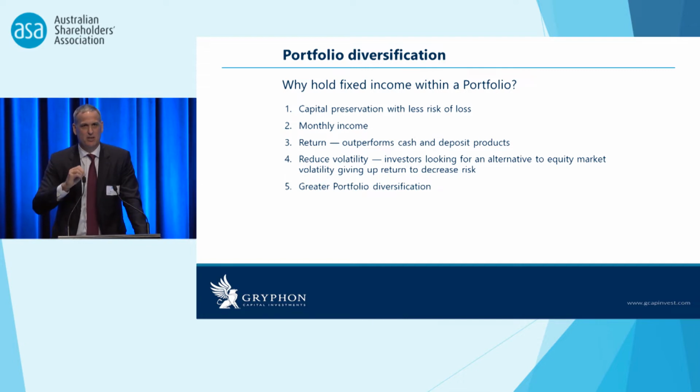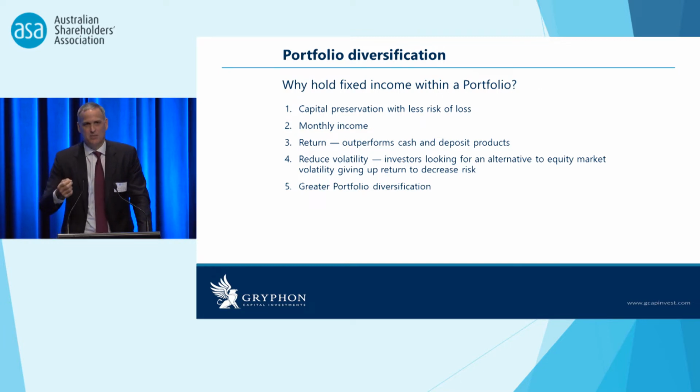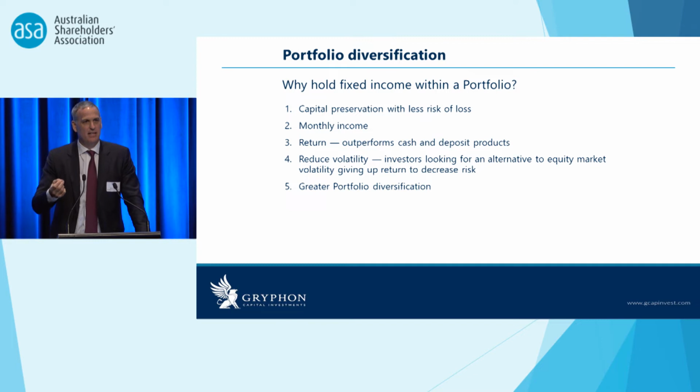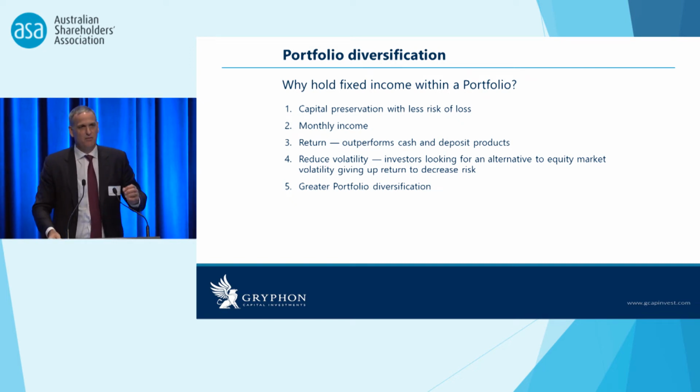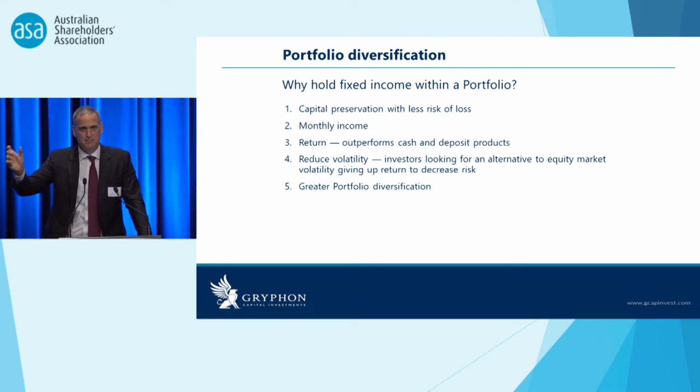Okay? So in its most basic form, what is it really? It's where a borrower is committed to pay an agreed rate of interest on the amount borrowed over a set period of time. Okay? So over those times, he makes predictable payments. Where you as the bondholder, you get those payments. And then at the end of that life of that fixed income investment, you get repaid your capital or the amount borrowed back.